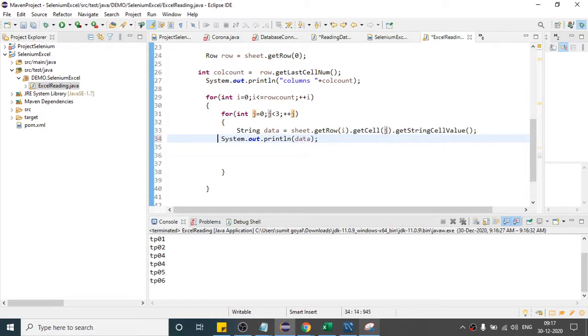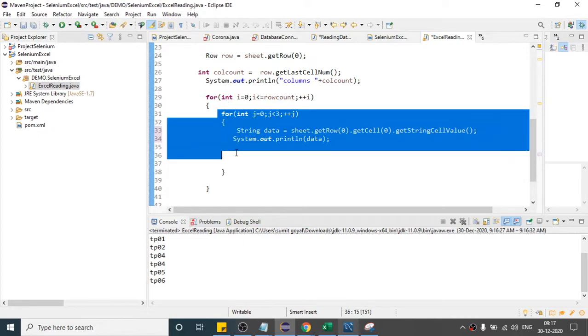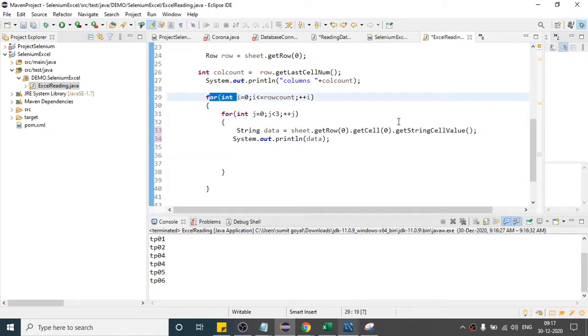So now if you see how it will work, first of all i value will be 0. So when i value is 0, we will come inside. Now j value is also 0. So this for loop first runs 3 times, then only we will again execute the outer one, right? So how it will work? First of all j value equals 0, then 1, then 2, right?